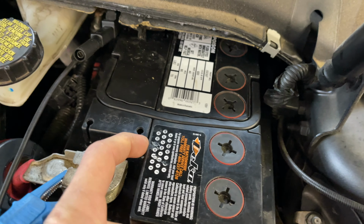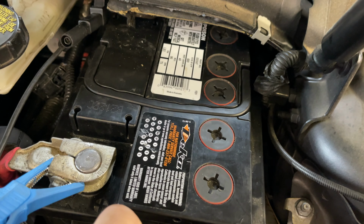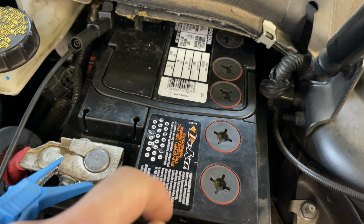This one's been in here for a while, I think. The date, well, November of 22. So they might have a warranty with this. So I'll see if they have a warranty with it or not. But either way, the repeated dying of the battery because of the battery drain has killed this battery. So now let's get that module put in and see about programming it, setting it up, coding it, whatever